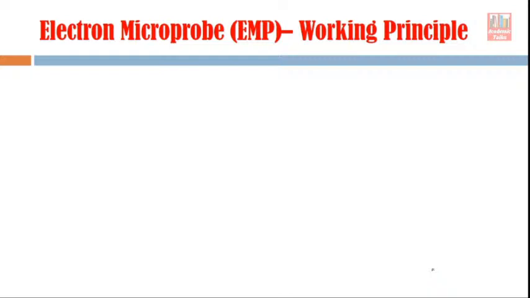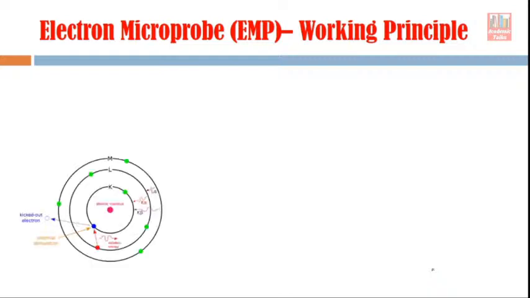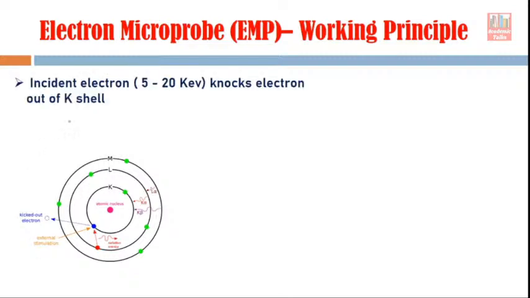Now we will see the working principle of the electron microprobe. You know that an atom has electrons moving around the nucleus in different orbits. Now an incident electron having energy from 5 to 20 kilo electron volt knocks an electron out of the K shell. For example, this is an external stimulation, meaning an external electron. When it hits another electron which is present in the K shell, it will knock this electron out of